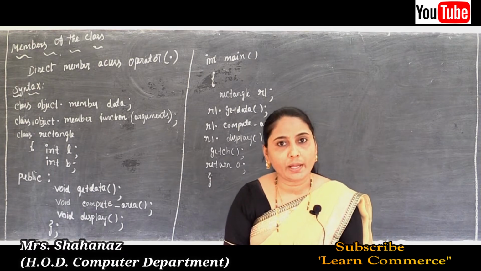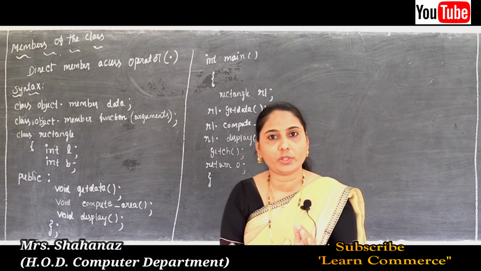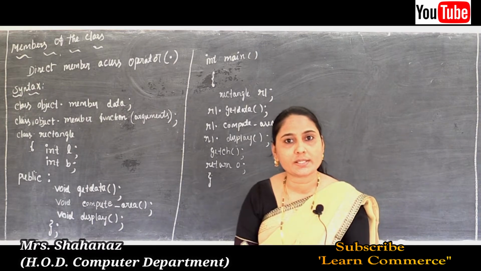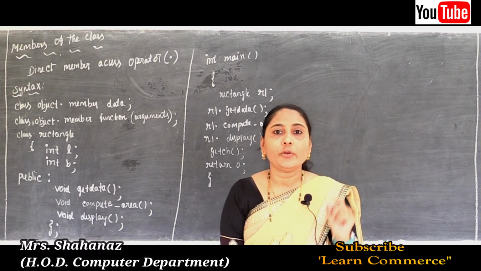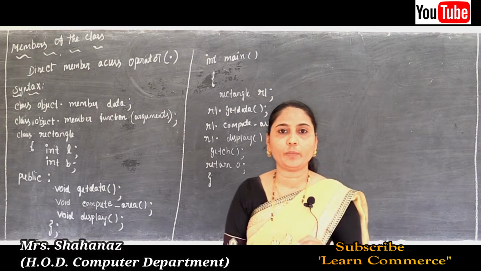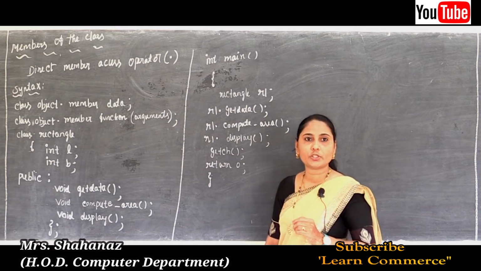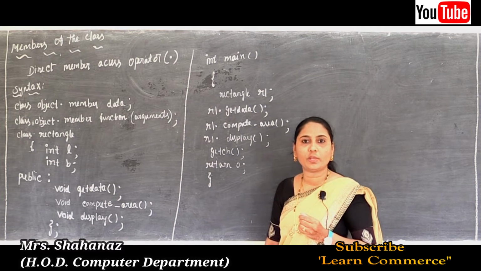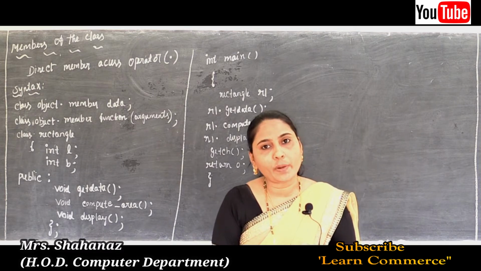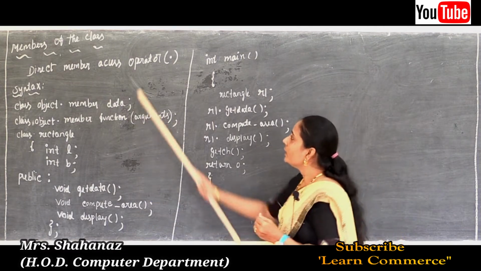So the private and protected members of the class can be accessed only through the member functions, that is, the methods or operations of that class. No other class, that means no function outside the class, can access the data directly here. So how are we going to access the object of the class? The public data members of an object of the class can be accessed by using a syntax.